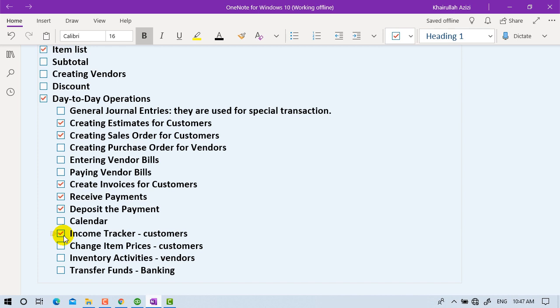So we said that this income tracker, if you have any open invoices, then it will show those open invoices for you. If a customer has not paid you for an invoice, where do we see it again? In the income tracker, we see it. Right? Then